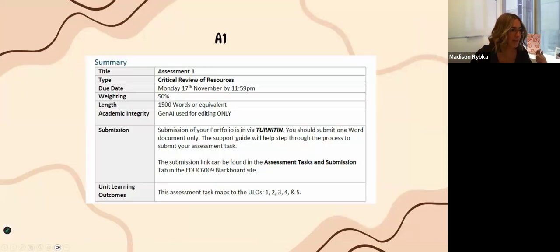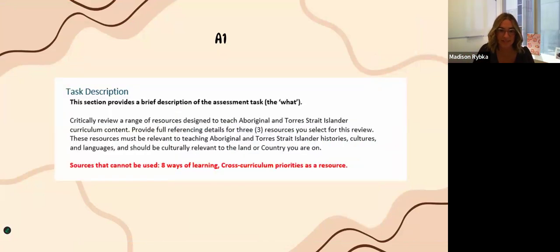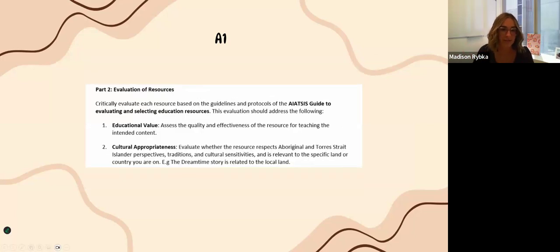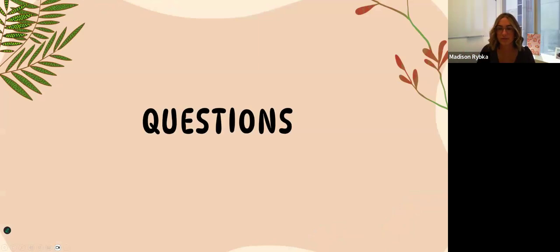So it's due in a week and a half. Monday, week 4, 11:59. Please make sure you are using APA 7th referencing. For part 1 and part 2, they do go together for one resource, just clarifying that. If you do feel a little bit confused, please do look at those examples. They're there to help guide you. All right, I feel like I have lectured all of you again, but are there any questions to help assist or anything that you would like to add?